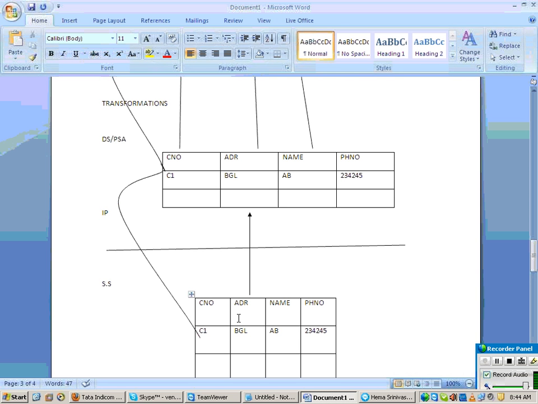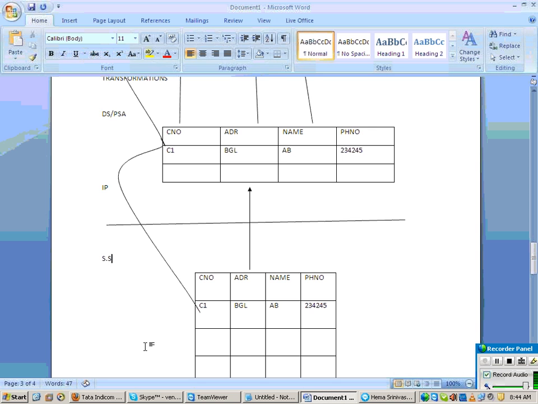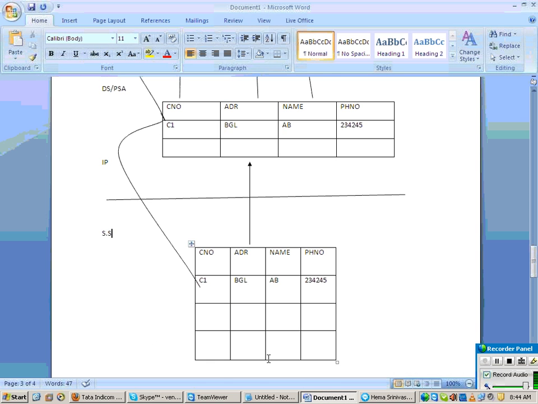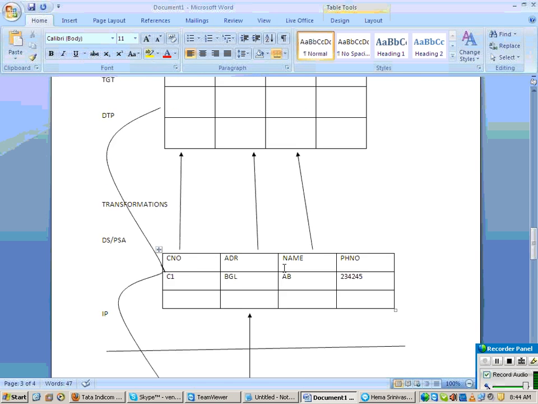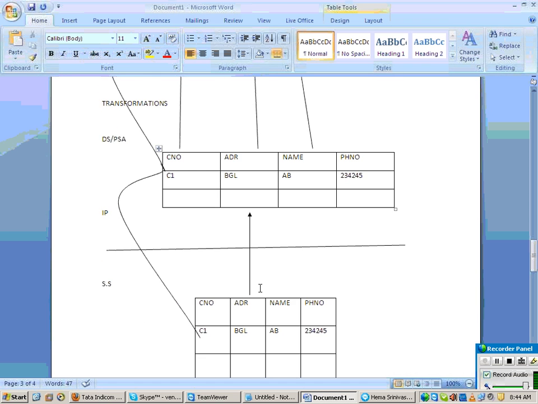So main time, implementation time, this task is only a one-time task, developing the link from source to target. Because once it is ready, I need to extract the data every 1 day or 1 hour or 1 week according to your requirement. So why I need to extract is because source is a live system. Today I have extracted data, fine. Today data here and data in the target is same.